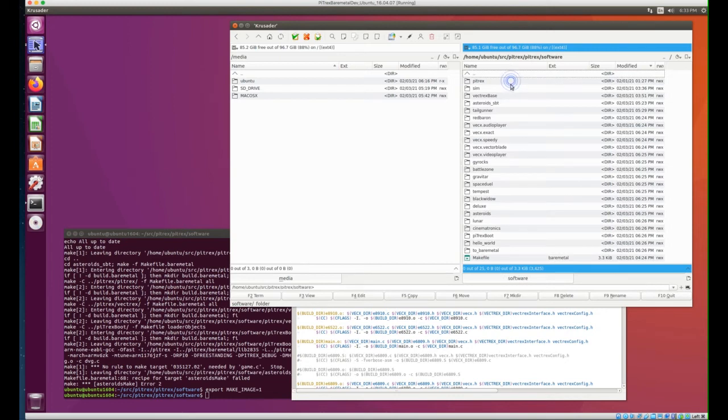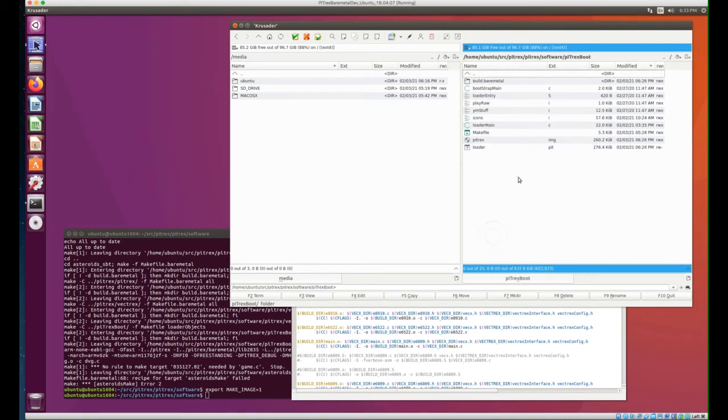Now you can edit and compile bare metal programs. As said, I will not go into each of these programs. Perhaps what's interesting for you, if you want to change the menu code which I provided, there's a directory PiTrex boot. Within the PiTrex boot there's a loader main. Within this loader main, the configuration for the